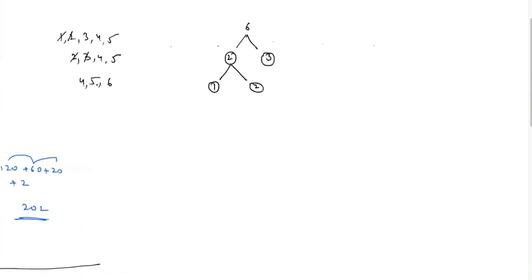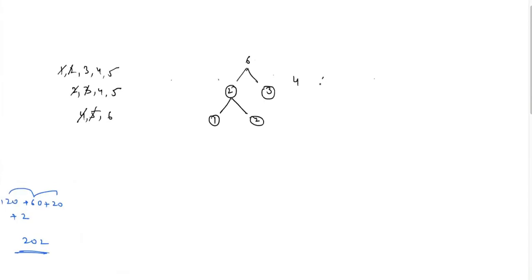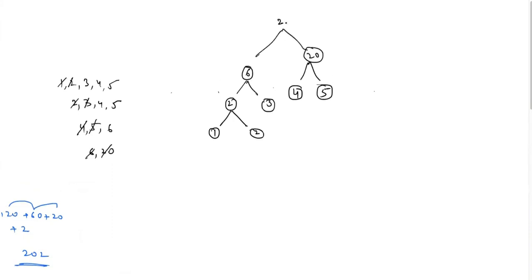Then we again remove the two minimum values, 4 and 5, and we create the parent of 4 and 5. So this is 4, this is 5, and the parent will be 9. Now we insert 9 in the sorted array, so the array becomes 6 and 9. Then we remove the two minimum values, 6 and 9. So 6 is there, 9 is there, and then we connect them, and this is 15. So my submission is that this particular tree will be the desired tree that we want.